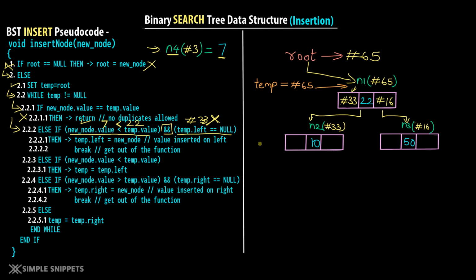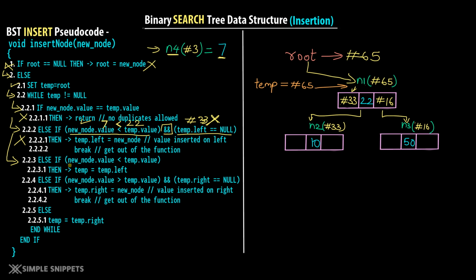That is because when you want to insert a node at a particular location or as a child of a particular node, let's say it is a left child, then of course the left address has to be blank, which means that that node should not have any prior child. Otherwise you cannot add that node over there, right? So that is why we have these two conditions. So this also becomes false. That is, 2.2.2 else if becomes false. We will go to 2.2.3.